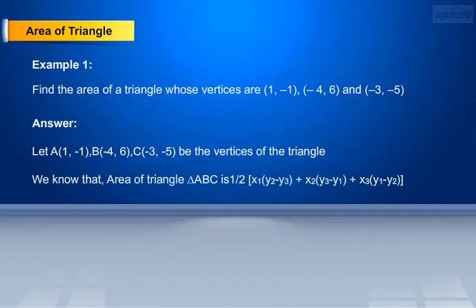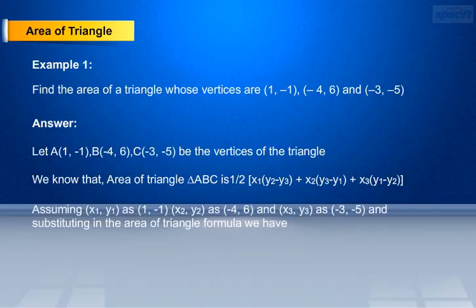We know that area of triangle ABC is 1 divided by 2 into x1 into (y2 minus y3) plus x2 into (y3 minus y1) plus x3 into (y1 minus y2). Assuming (x1, y1) as (1, -1), (x2, y2) as (-4, 6), and (x3, y3) as (-3, -5), and substituting in